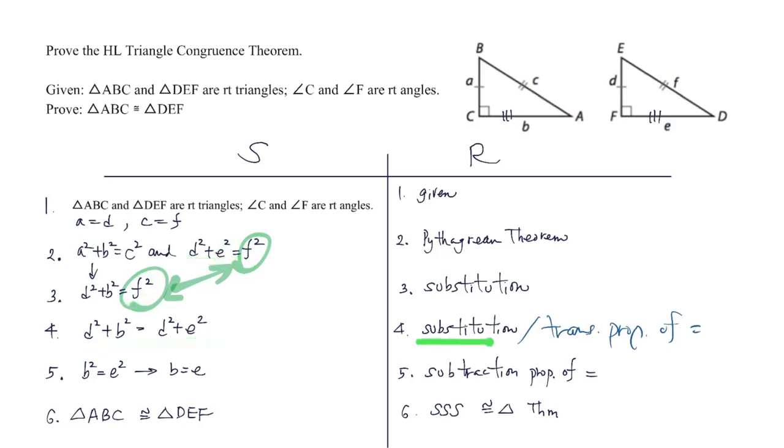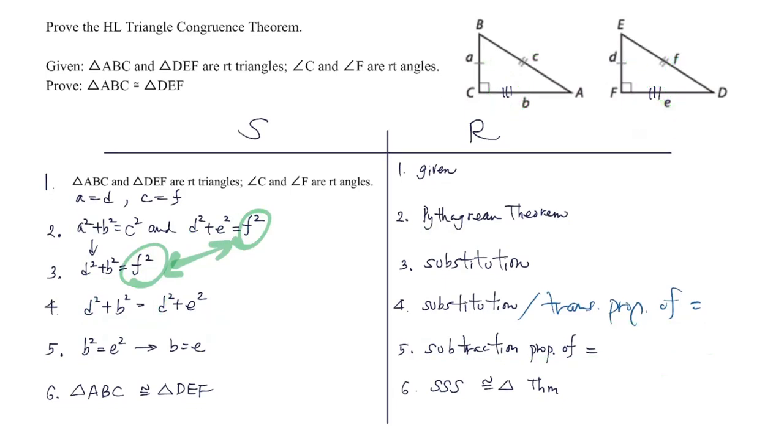You can call that substitution, or I actually personally prefer the transitive property of equality. And then from here, I subtract d squared, subtraction property of equality. I'm left with b squared equal to e squared, which means that b is equal to e. Oh my gosh, look at that. So we have b and e are congruent. So we got all three sides, right? So here you could have said triangle ABC is congruent to triangle DEF by